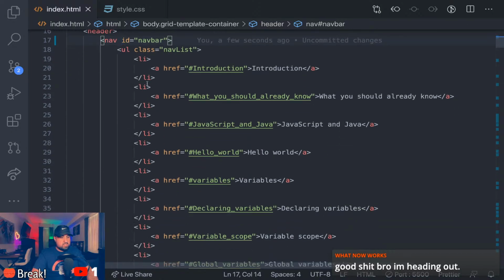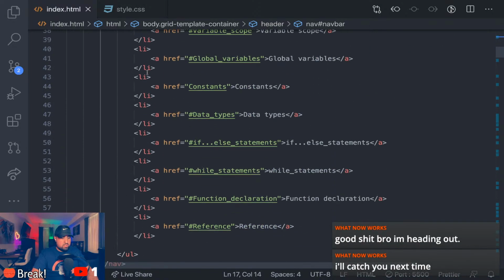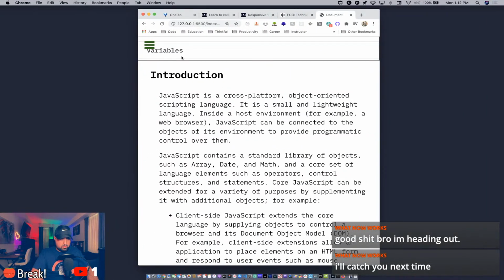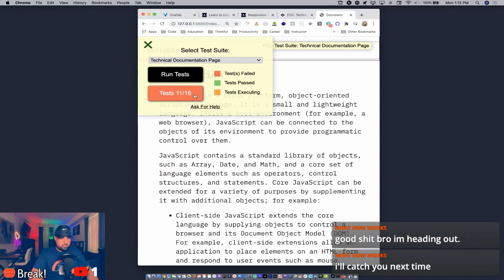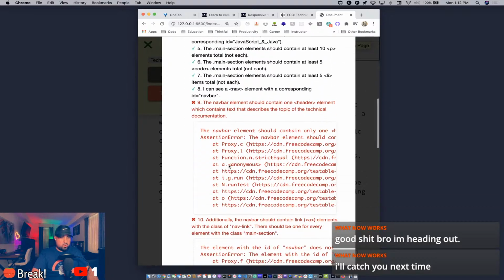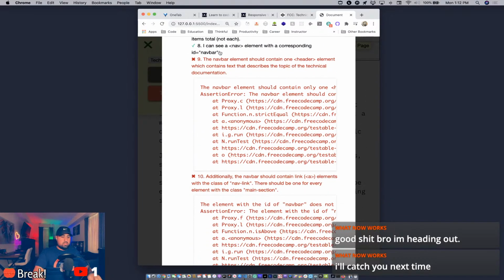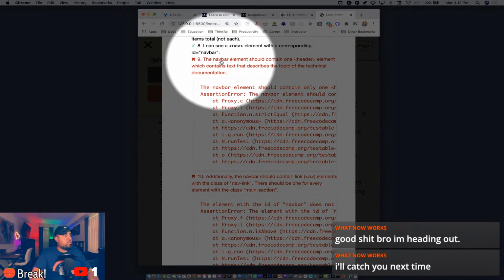So they want me to nest this in the header? Is that what they want? I think that's what they want. So here, the navbar element should,